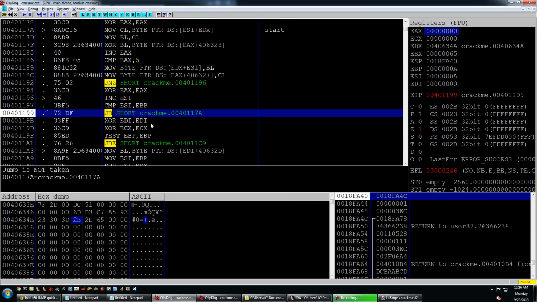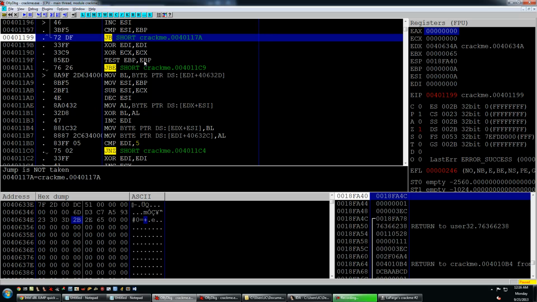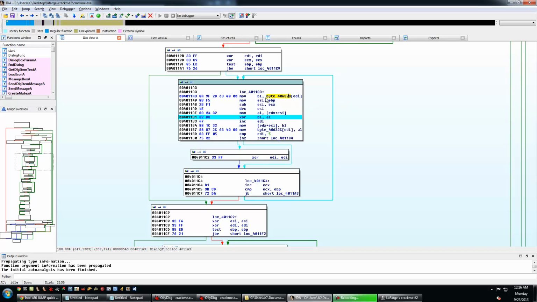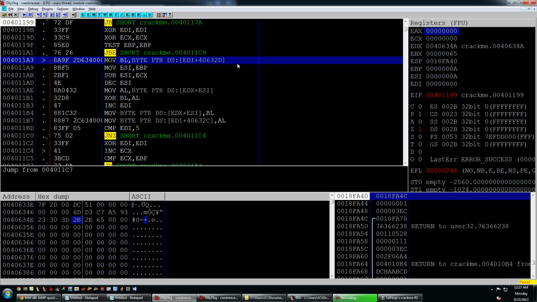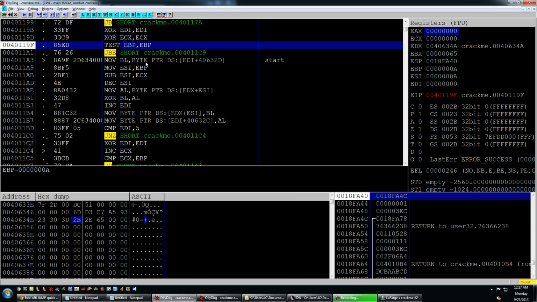So here's where we're clearing out EDI and ECX. We're testing EBP and EBP again. Then we'll jump down. So looking at this, just to orient ourselves, we'll go ahead and consider this line right here the start, and I will notate it accordingly for our reference. So we'll go ahead and get into action. We're going to clear out EDI and ECX. We're going to test EBP,